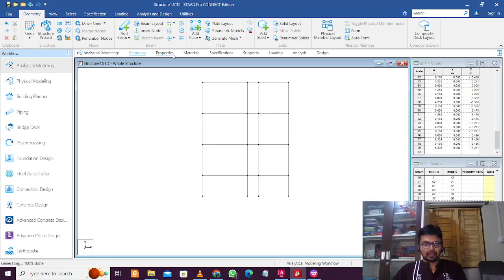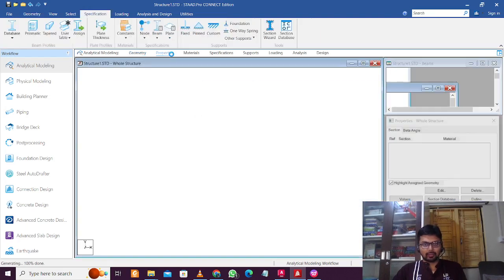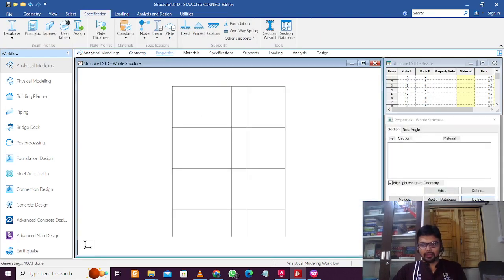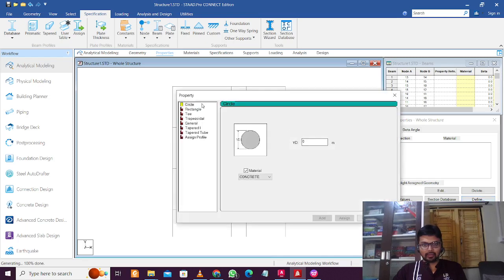done, and then go to properties. Okay, then we'll define the properties here for the columns. First of all, for the columns, define 350 by 350, 0.35, 0.35 and click on add. And for the plane beam, we'll define as 250 by 350,